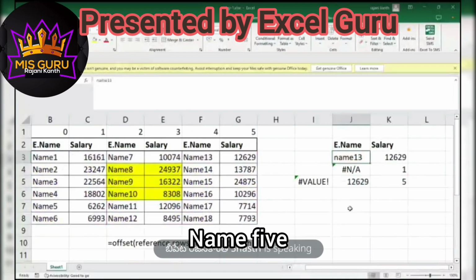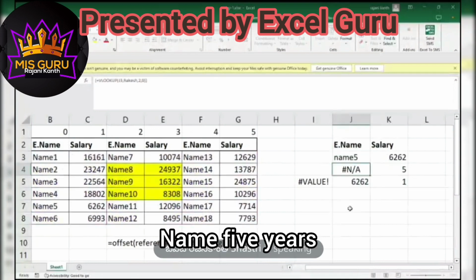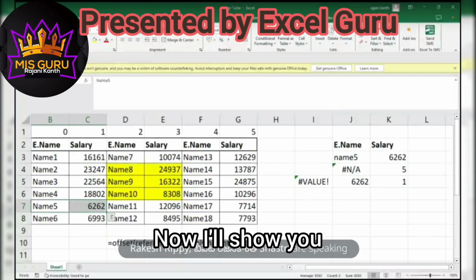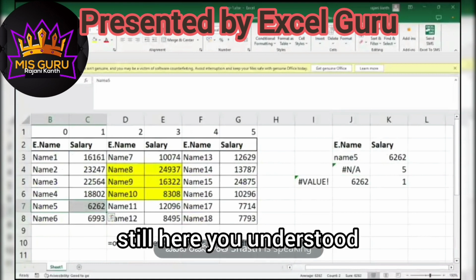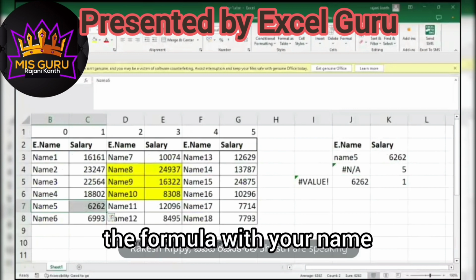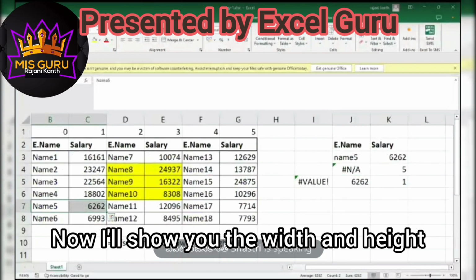Name 5. Now I'll show you. Still here you understood. In the next session I will show you the formula with your name. Now I'll show you the